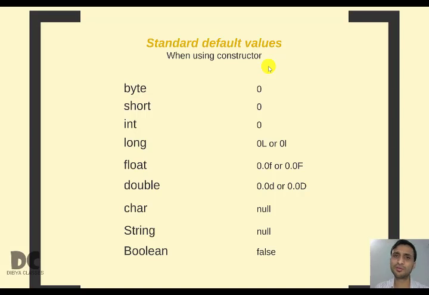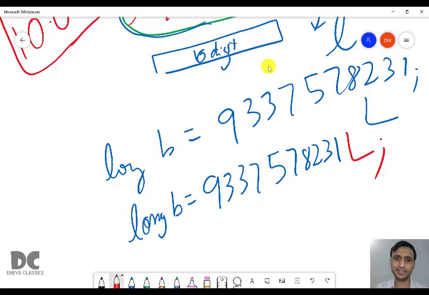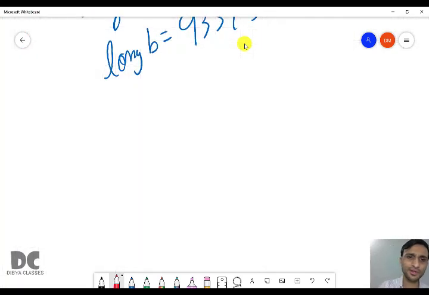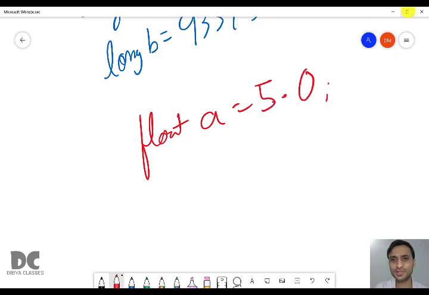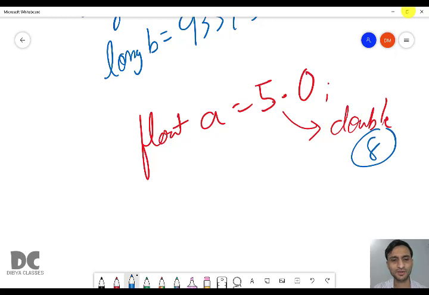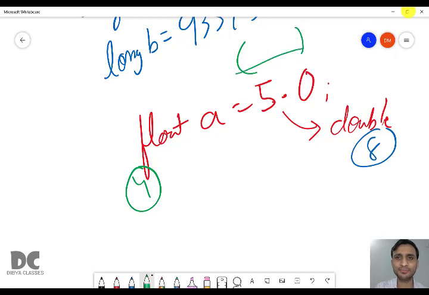Similarly for float, you have to write 0.0f. Why? Again the same problem. Whenever you write a value in float, for example, float equal to 5.0, Java will think automatically it is double. What is the size of double? It is 8. What is the size of float? It is 4. But are you doing explicit typecasting? No, you are not writing the syntax with the bracket. You are going from bigger to smaller. To go from bigger to smaller, you have to do explicit conversion, but you are just writing the value 5.0. So it will give you an error.